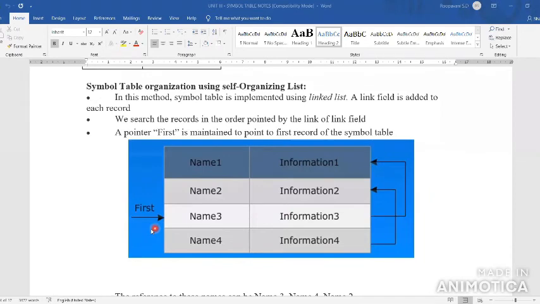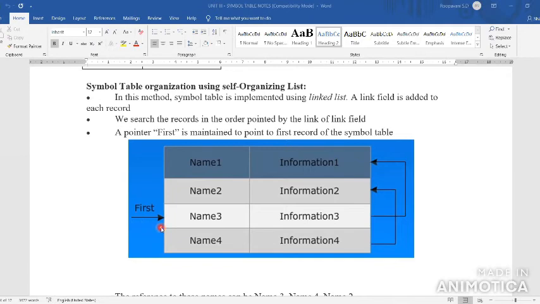So here in the linked list, you start from the first name pointing to the next, then I have to add the next data in linked list format. We have a lot of names in the symbol table in the self-organizing list. Then you have to identify which one is the first one, the first entry of the given table.